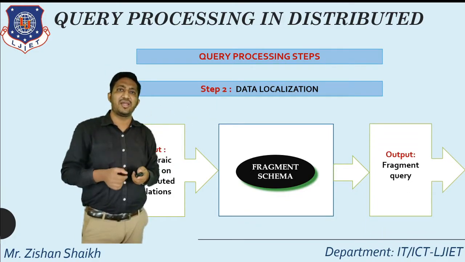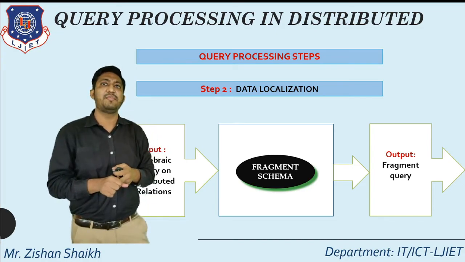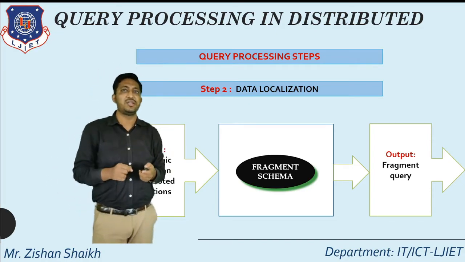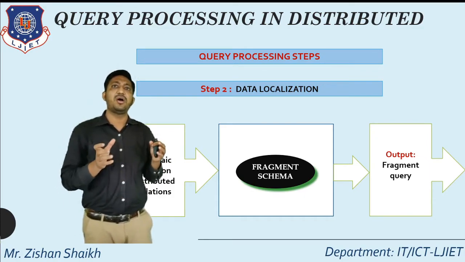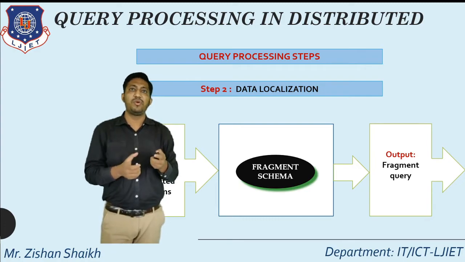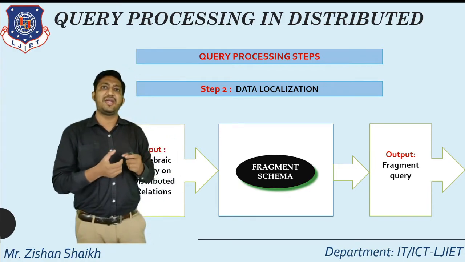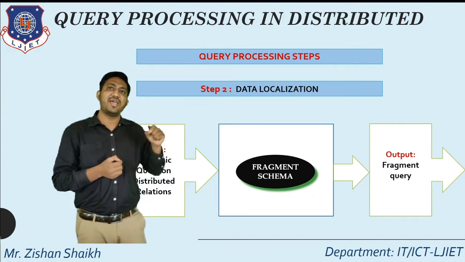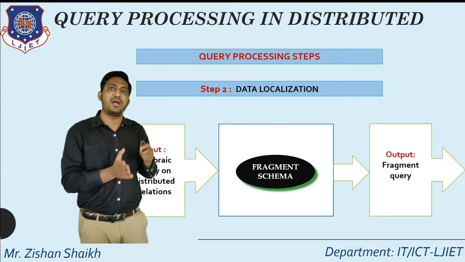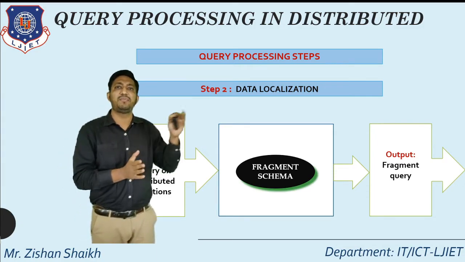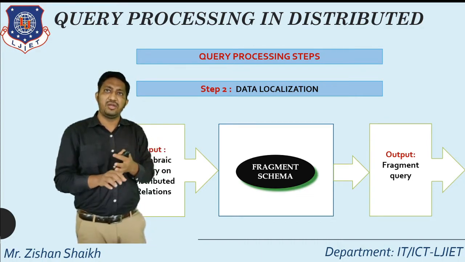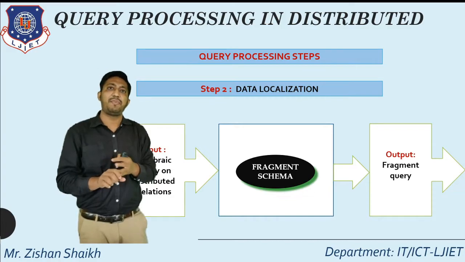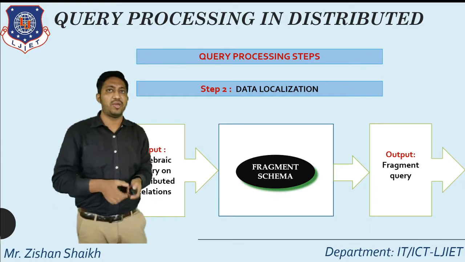So how exactly are we getting the fragment schema? The fragment schema is taken from the statistics. First, when we are designing our architecture, we have a global directory, GDD. From that global directory, we are getting the exact location where our database part or fragment belongs to a particular site. So in step number 2, we are taking the input from step number 1, applying fragment schema statistics and getting the equivalent fragment query.